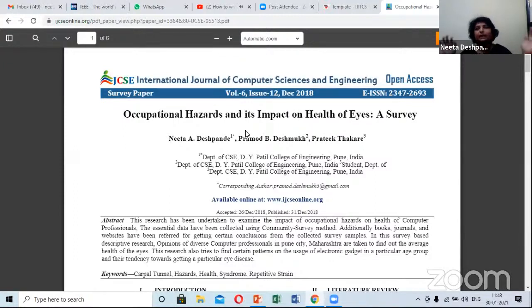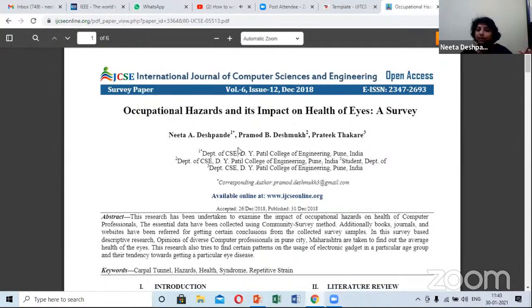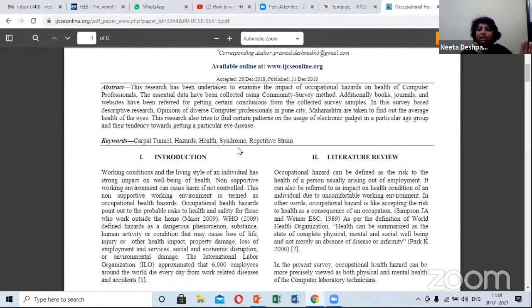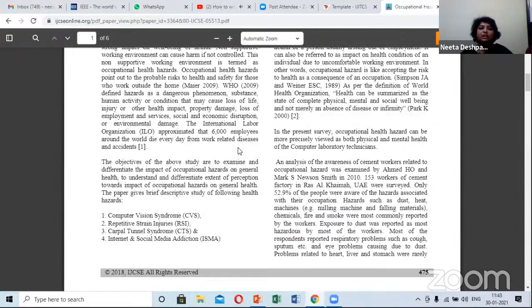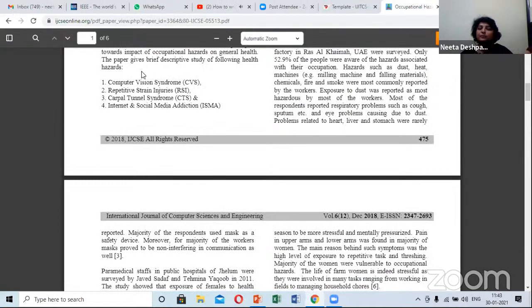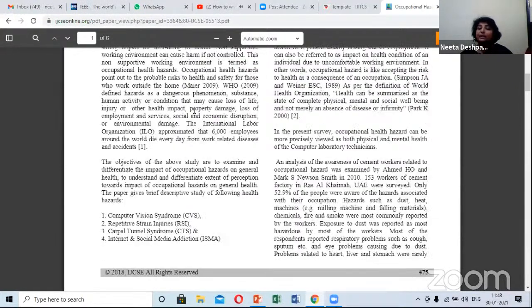What we did is we prepared a Google form. Before that, what would I have had to do? I wanted to search some of the papers which are working on these. So I studied some of the papers which were working on computer vision syndrome, repetitive strain injuries, carpal tunnel syndrome, internet social media addiction. These are all the possible things that are happening to the eyes because of excessive use